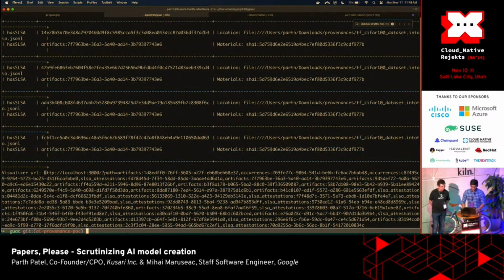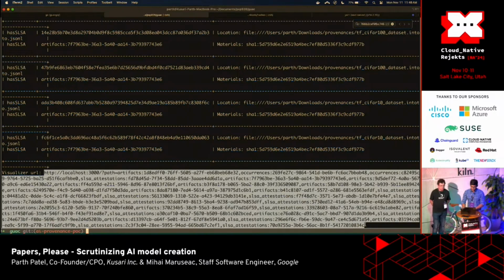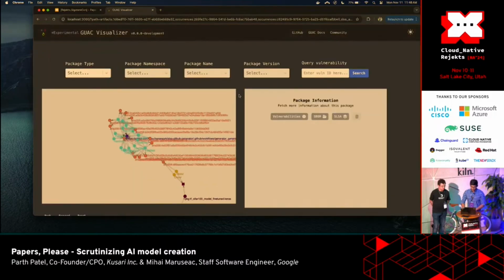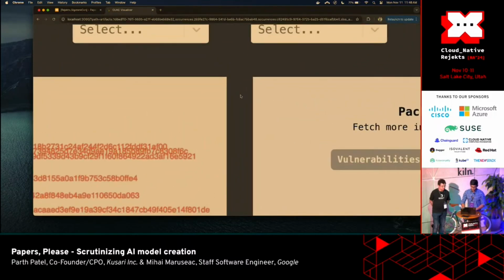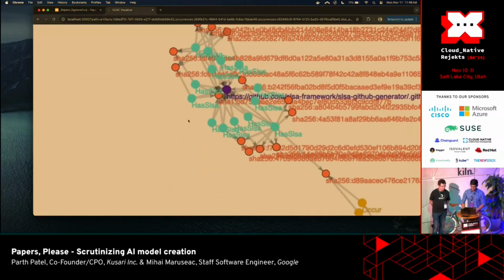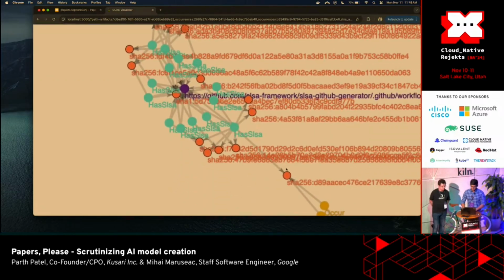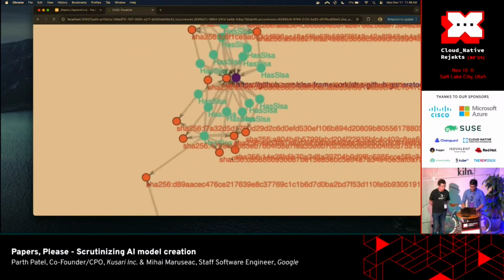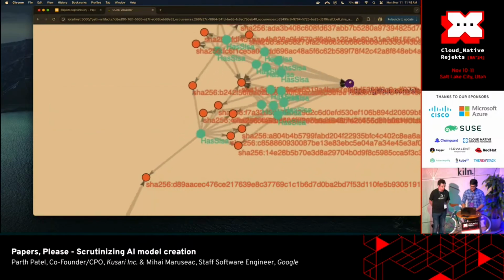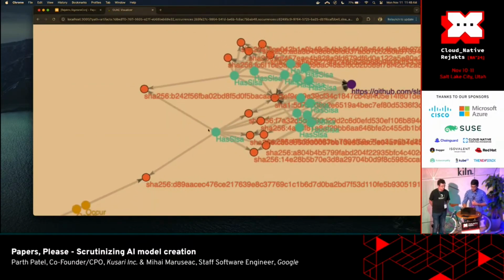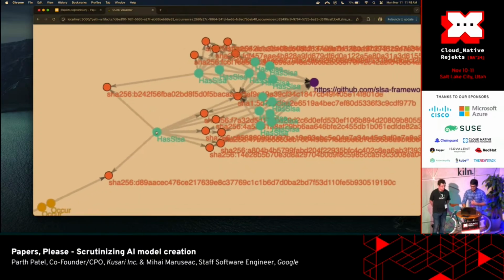So again, I can take this visualizer, and we can view it here. I apologize that it keeps zooming out. There we go. All right. So here's the actual shot we started with, and then you can see all the different data sets and all the other things that are associated with it.